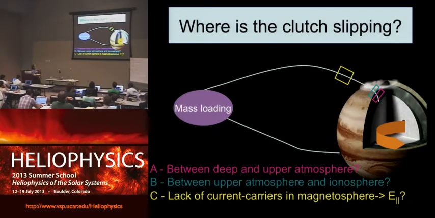It's a breakdown somewhere between the plasma sheet and the planet. And this could be a breakdown in the coupling between the thermosphere and the ionosphere. More about this later today. A breakdown in the coupling between the atmosphere and the ionosphere. And there could be a breakdown in coupling between the deep atmosphere and the less tenuous atmosphere above. But what I think is the main factor is that